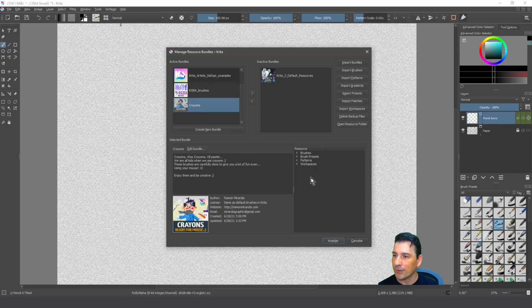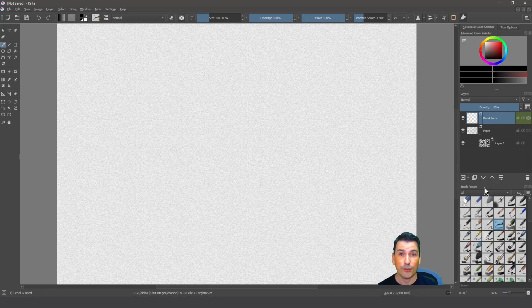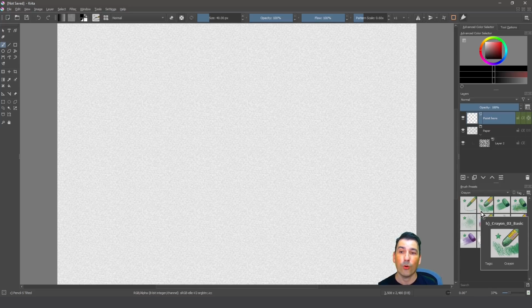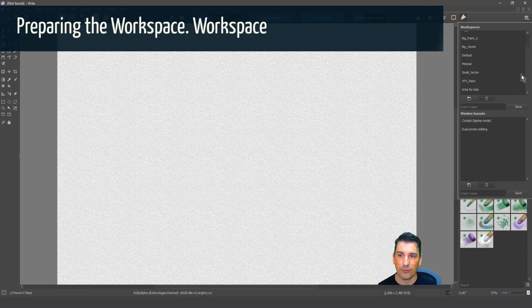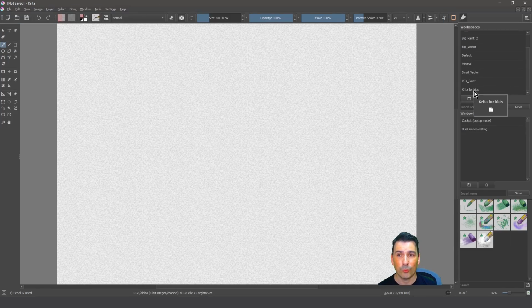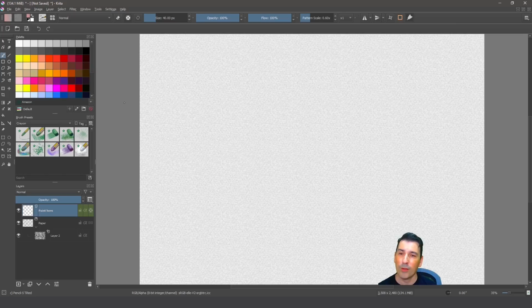So click on accept. I go right now and I see the brushes. We need to restart Krita to get the tag for this bundle. Okay, now we have restarted Krita. I can go to here and select the crayon, and I have all the brushes. If you go to the workspaces, you can find right now you have Krita for Kids new workspace. Okay, so I select this and I have all my brushes and the layers, and there is no another docker